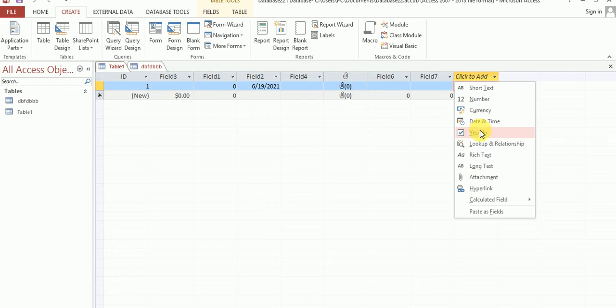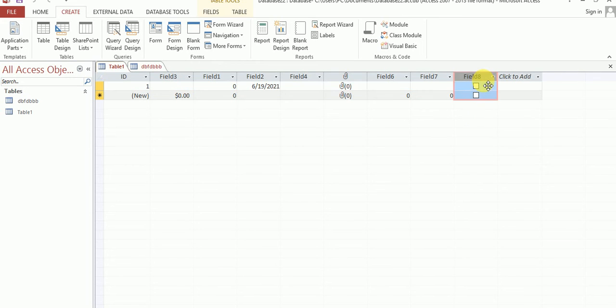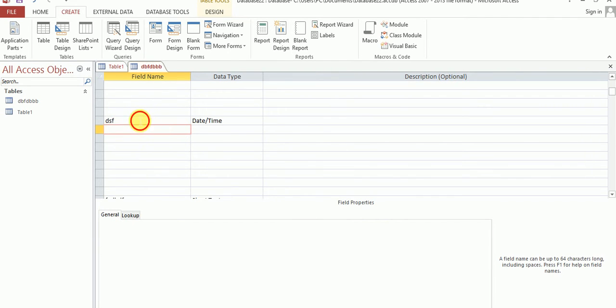Okay, and you can see the new field is inserted in my table. Same process in design view: just right click on a row and click on the Insert Rows option, and you can see rows 1 2 3 4 5 6 inserted in my design view table.